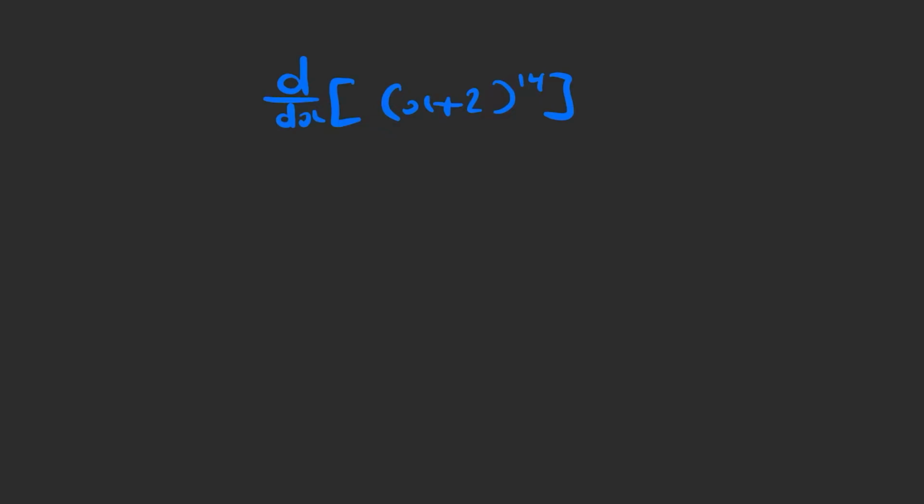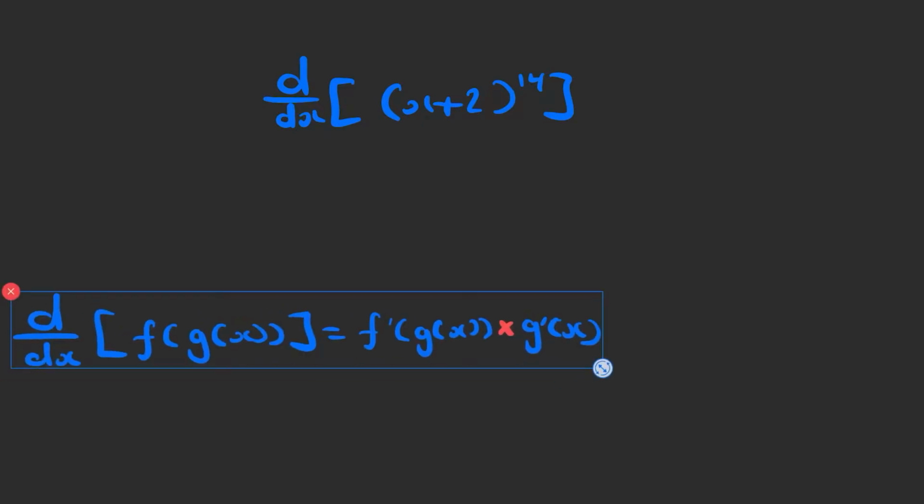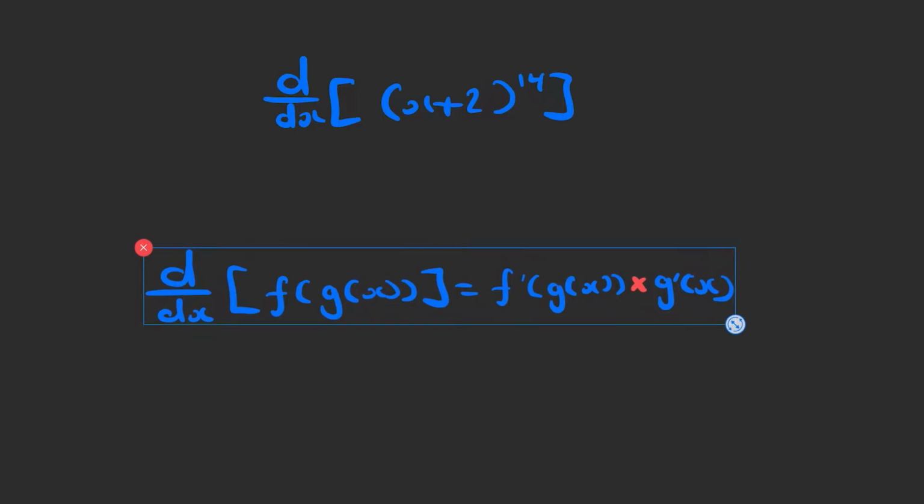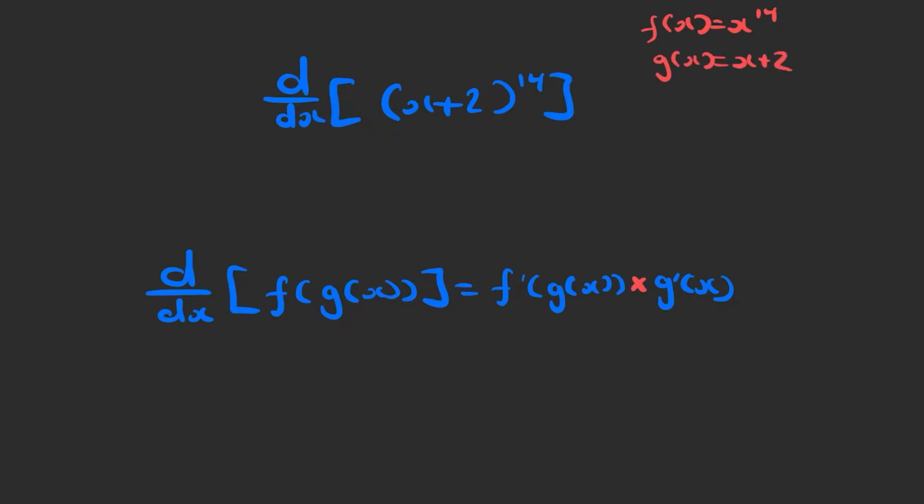The way you would differentiate a function raised to a really high power, such as in this scenario, is by employing the chain rule, which says the derivative of any composite function is equal to f'(g(x)) times g'(x). So in this scenario, f(x) would be simply equal to x to the power of 14, and g(x) would be equal to x plus 2. This means that the derivative of this would be equal to f'(g(x)),